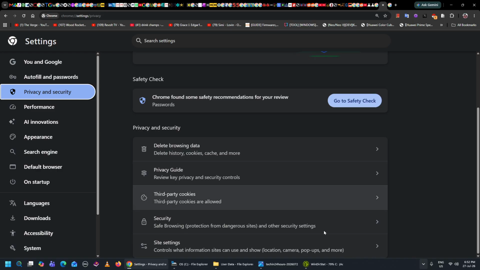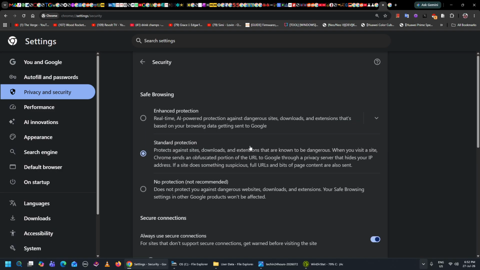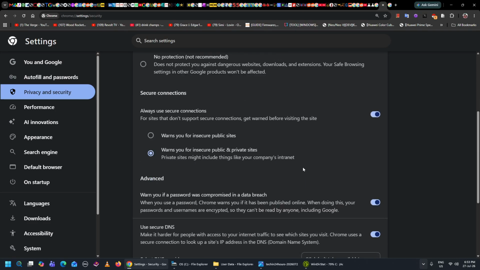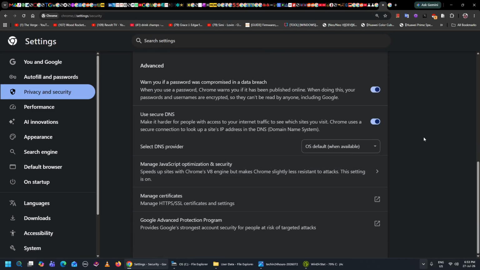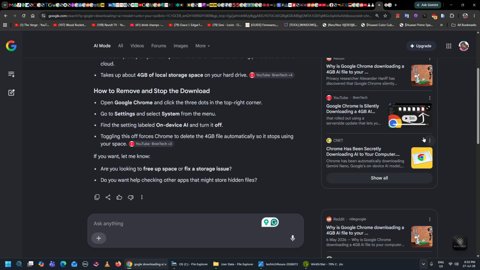Under privacy and security, you can also go to security and turn on safe browsing. For safe browsing, there's standard protection, there's no protection, and there's enhanced protection. And from there, there are other options too. But the one that we talked about was